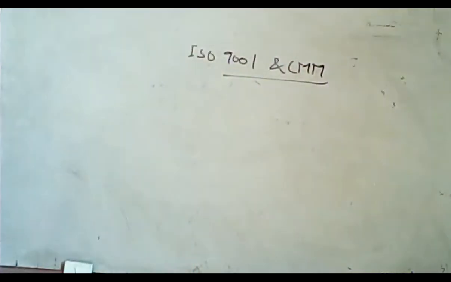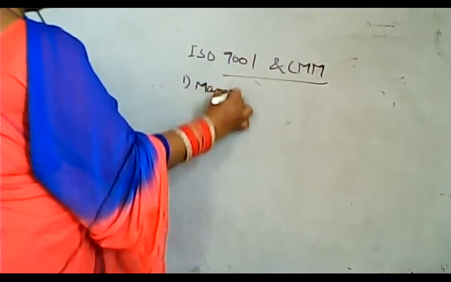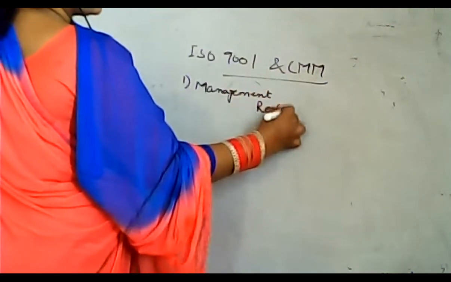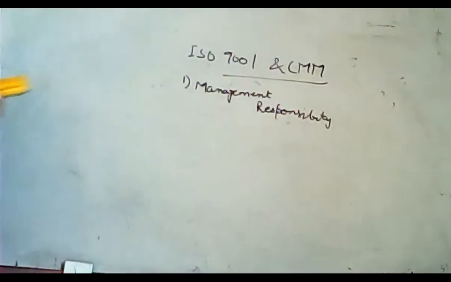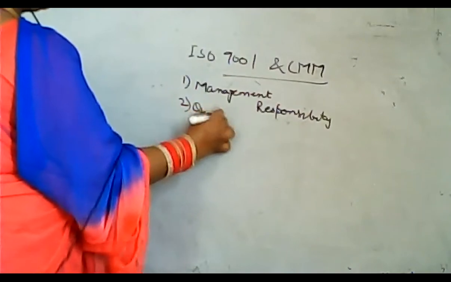The main mappings between them are, first, management responsibility, which is there in both cases, then quality system,